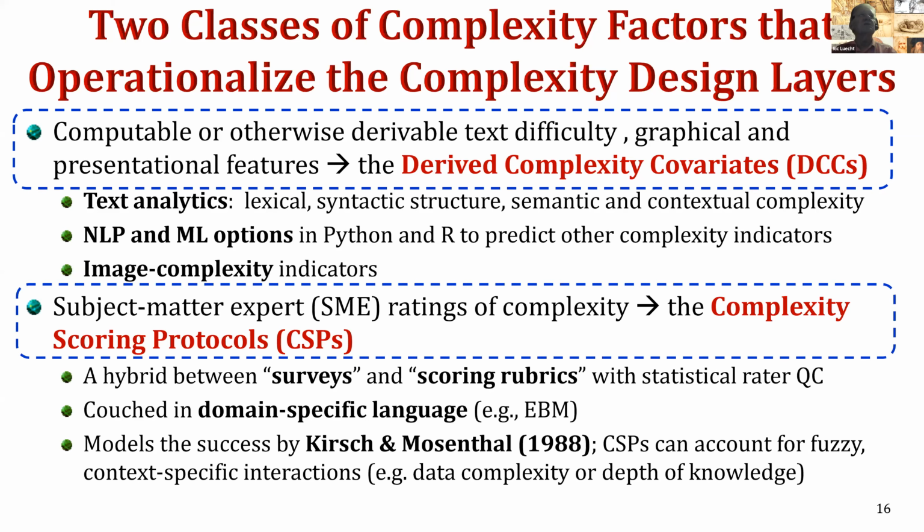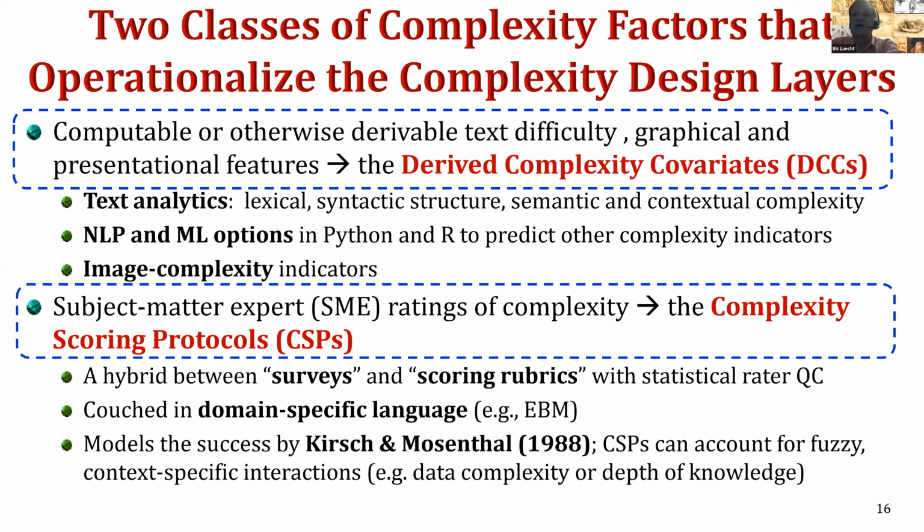When we've looked at some of the best studies I've seen out on this type of thing, using machine learning techniques or other techniques to try to get to these covariates, it's very difficult to get much beyond correlations of about 0.5 if you're just mining the existing data, trying to find out what are the hidden difficulty drivers. So I actually went back to the work by Kirsch and Mosenthal with document literacy over at ETS in the 1980s, and they had built a type of